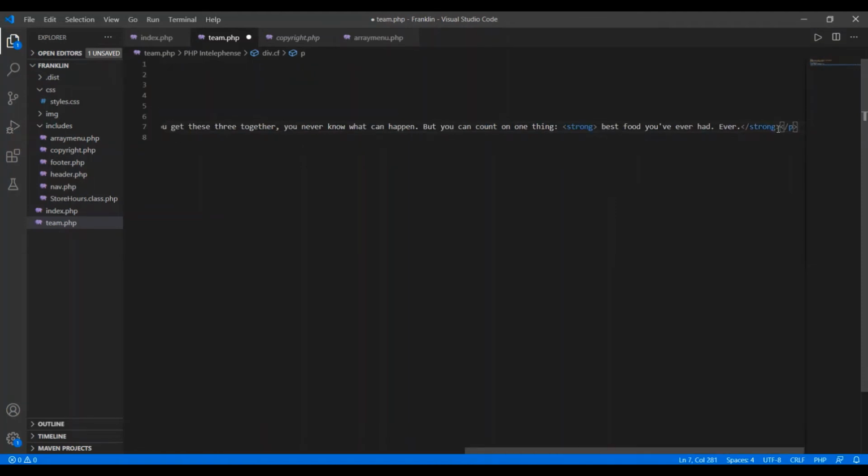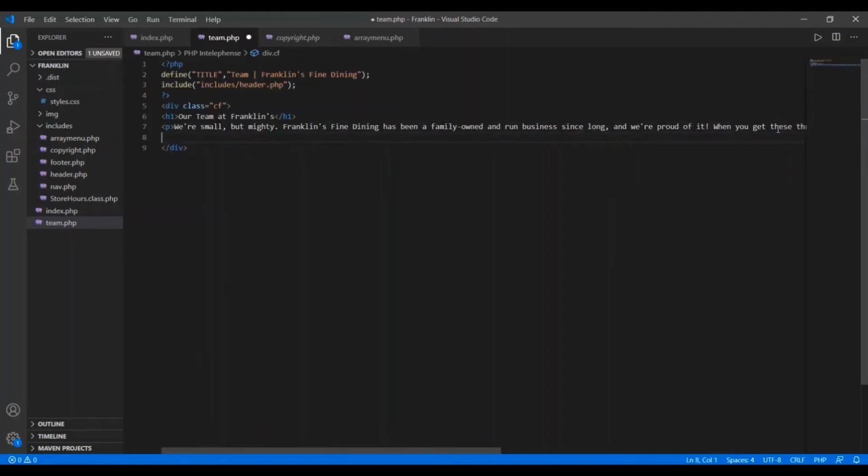Okay, so move to the end, and after this I just wanted to add a horizontal rule. For this I'm using the HR element,